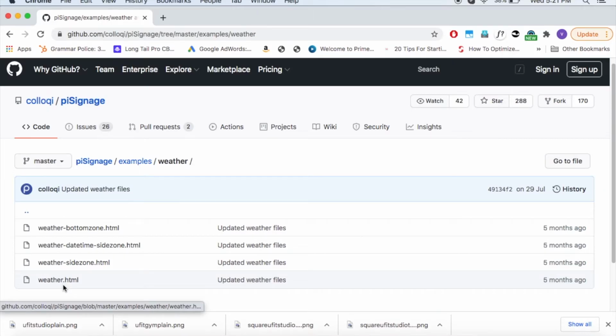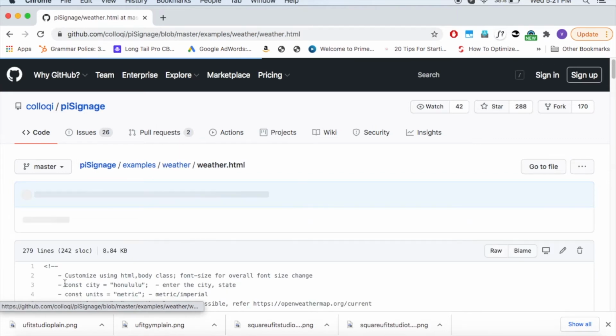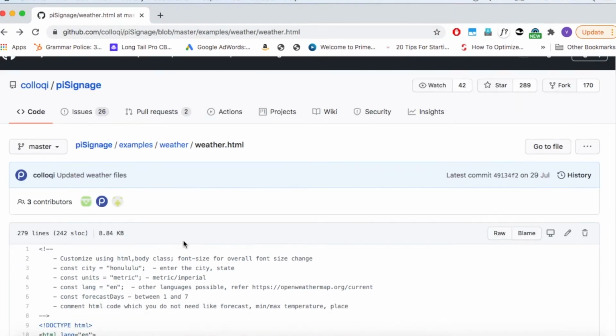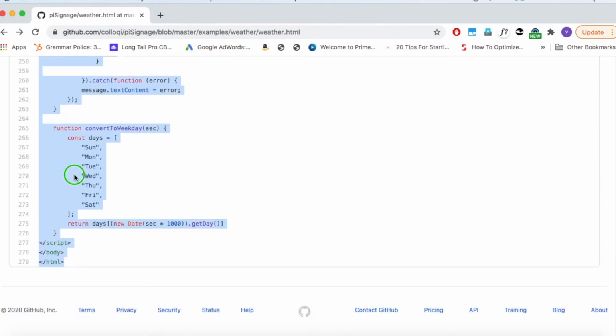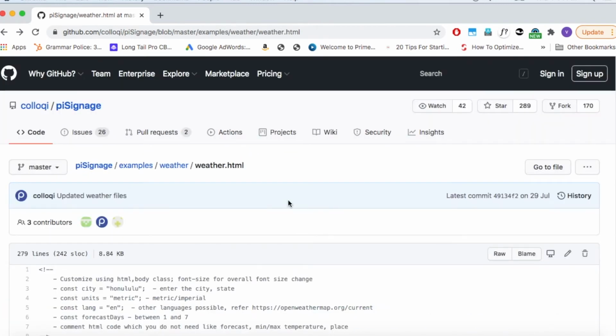Here we will choose the link to create an asset suitable to be displayed in layout 1. That is, we will choose the link weather.html. You can copy the complete code visible inside the box and paste it in a text file. Easier way to copy is click on the raw button on the top right of the page. Complete text of the code will be displayed in a browser window.